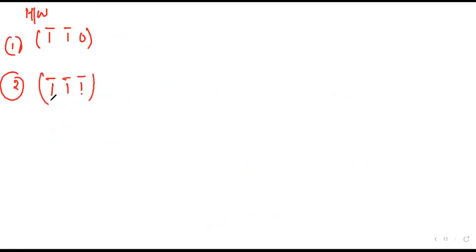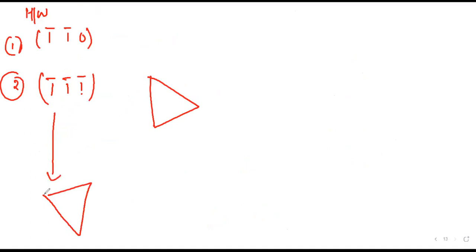Now, your homework is (1, 1 bar, 0). This is also homework for you. And the second homework is (1 bar, 1 bar, 0). Just draw it as it is. If I am making it like that figure, now your answer will be like that. Similarly, I am making it in this form, but here the answer will also be in this form.